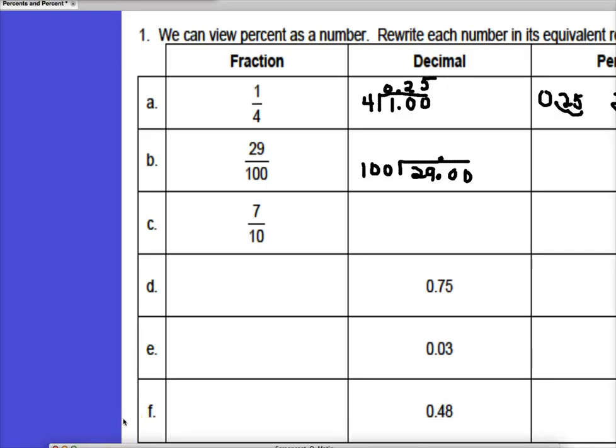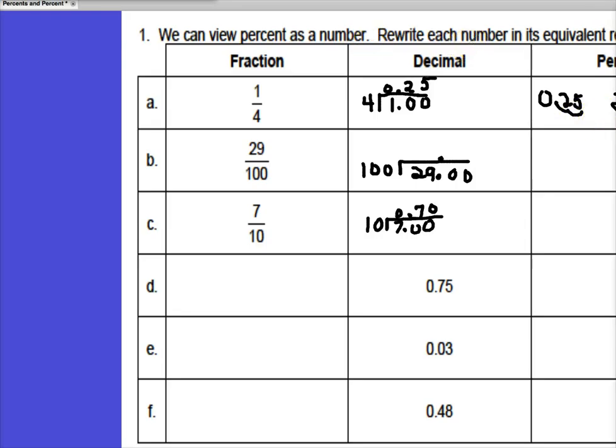Okay, so let's see how you did. 7/10, well, we said you're going to divide. So you're going to have 10 into 7, decimal point 0, 0. Decimal point goes in the quotient. And you have 0.7. If you continued all the way out, you may have put the 0 here, or you may have thought, you know what, it's not needed, I'm not putting it there. That's fine. That's not going to be a problem,